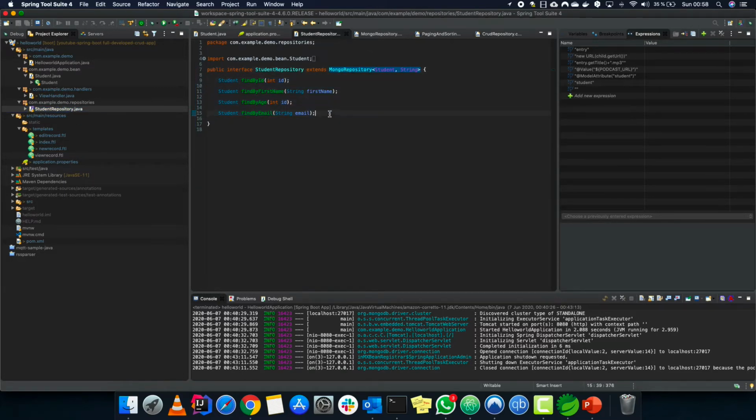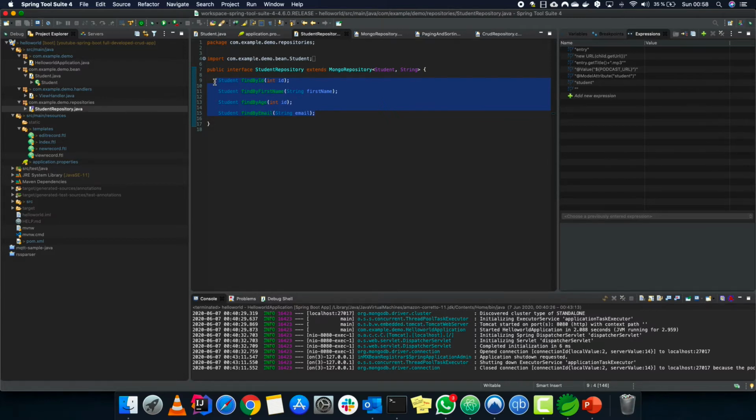If we want to use find by ID, we can use it. Find by first name, we can use it. Find by age, we can use it. Find by email, we can use it without providing an implementation for these methods. These are there just in case we want to increase the functionality of our CRUD application; these methods were defined just for that. So we don't have to worry about them. We'll be using find by ID, by the way. So this is a simple student repository.